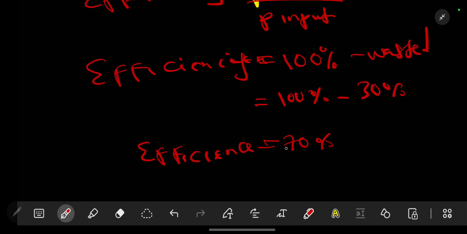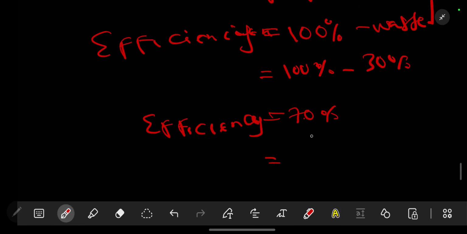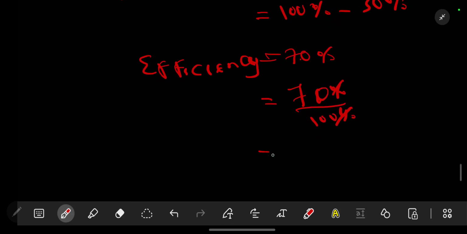But I prefer we express it as a decimal point so that it's easier to calculate. A percent is always over 100. So we have 100%. This and this cancels. 100 divided by 70 divided by 100 is 0.7. So this is the efficiency. If that's the case,